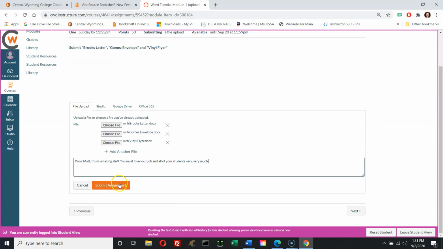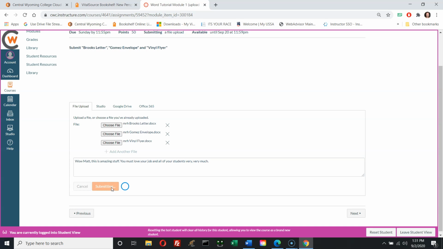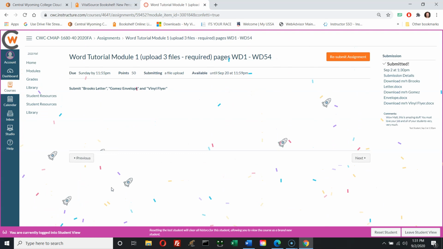And then, last but not least, and this is probably the most important step that many of you will forget, is to submit the assignment. Now, if you notice, before I click that, there's Studio, there's Google Drive, there's Office 365. There's some other ways that you could submit your assignments, but at this point, I'd recommend that you keep it kind of simple. If you're comfortable using Google Drive or Office 365, that's great. But you will have had to have stored it in one of those 2 locations. You don't need to submit a comment with your file, but once I click submit,